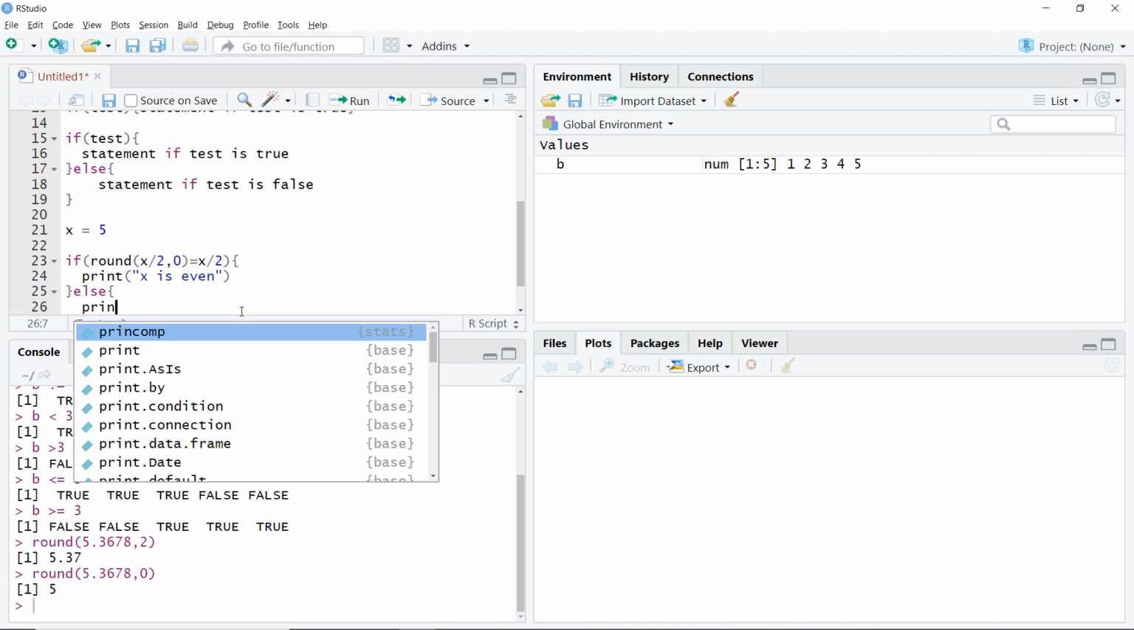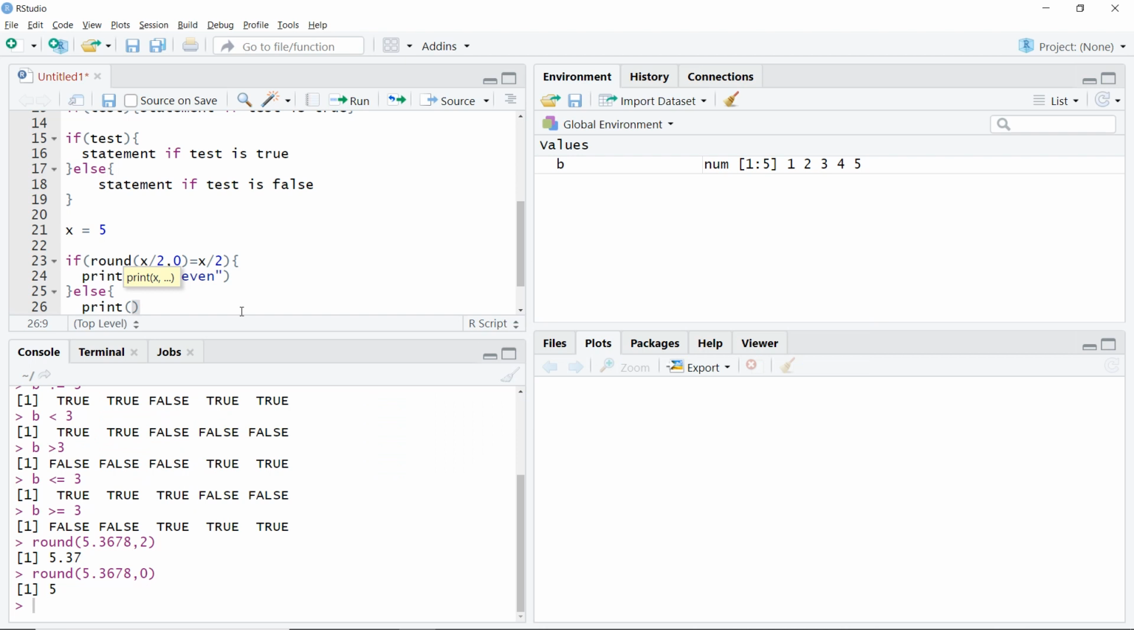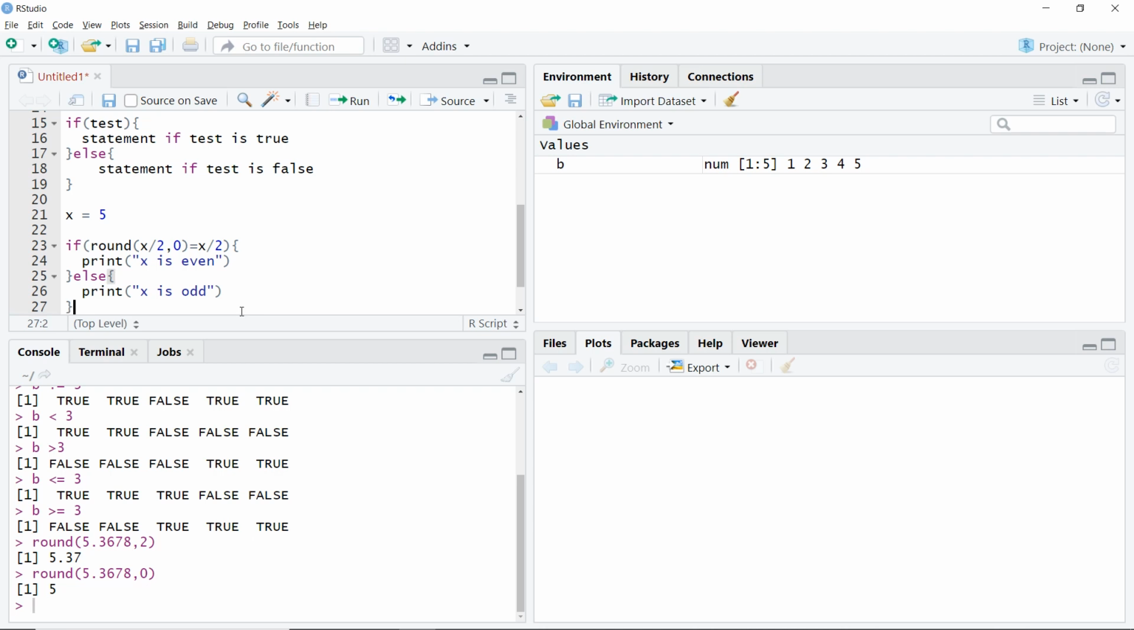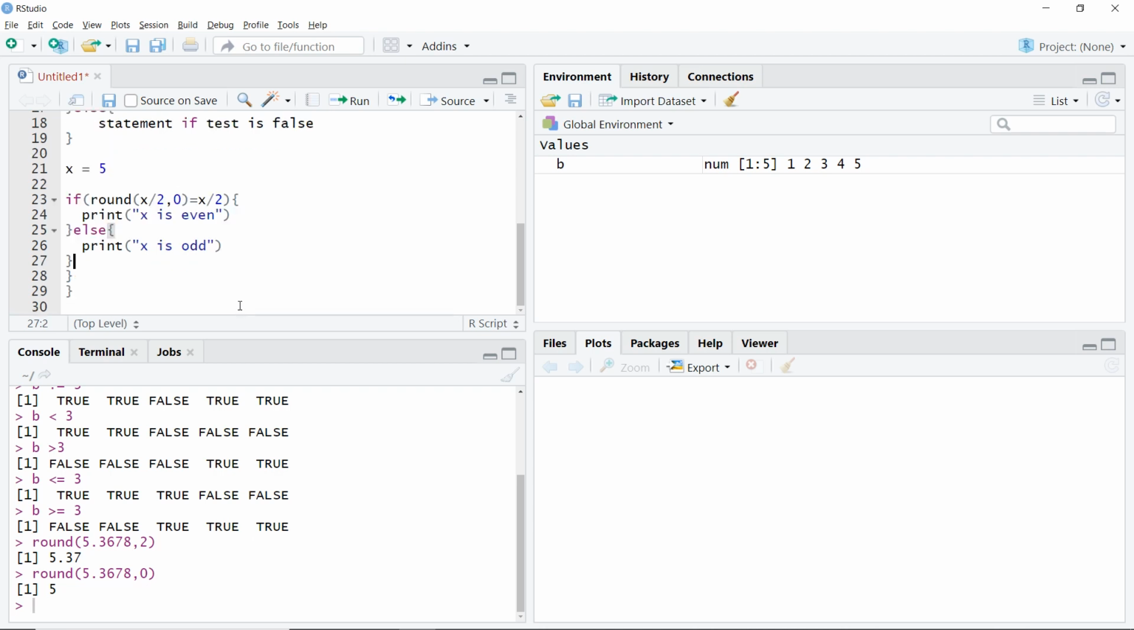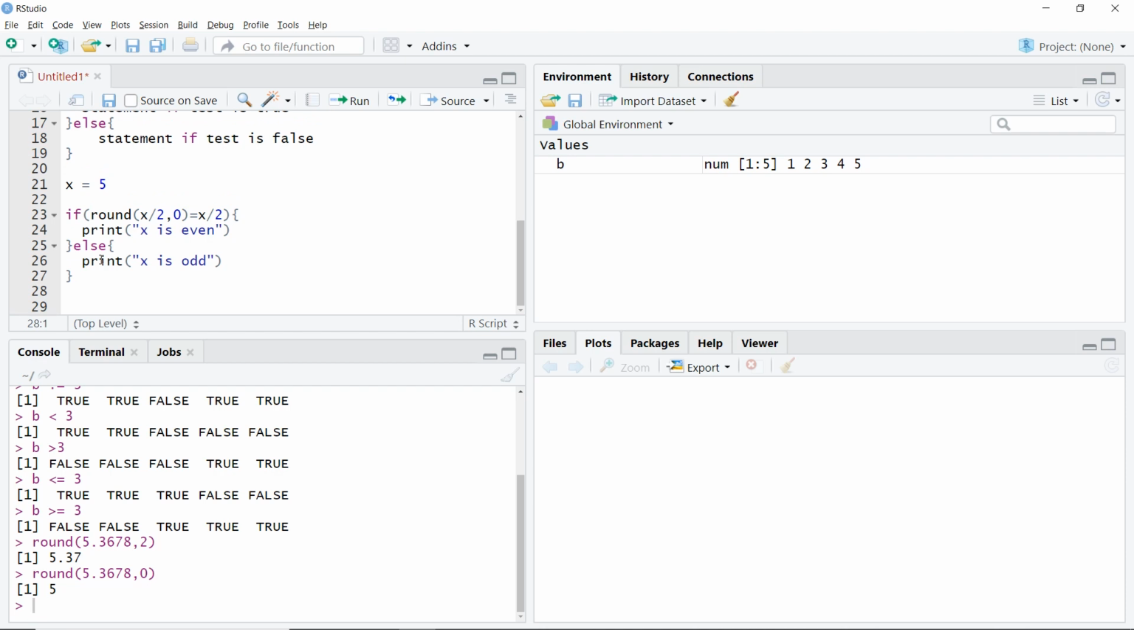So it should print that x is odd. I'll complete my statement here. Now it already completes our curly brackets. That is why here I am getting extra brackets. I'll remove it. Okay. And if I run this for x equals 5 and check whether x is divisible by 2 or not,